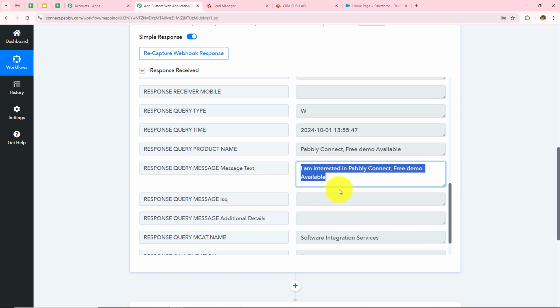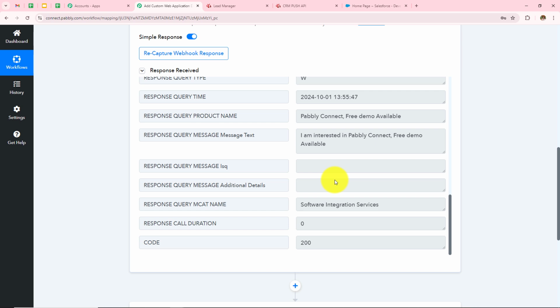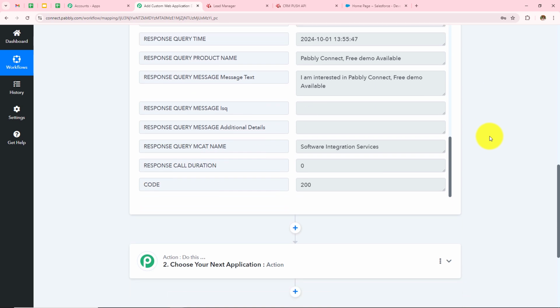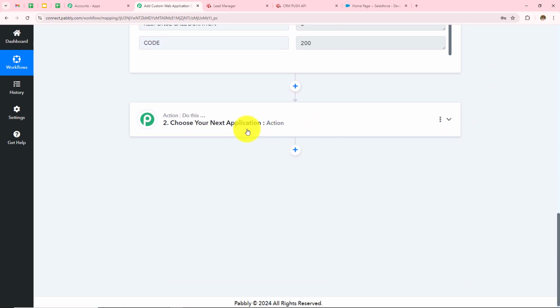So here as you can see, I have received a test response from IndiaMart because I have sent multiple queries from that same account to IndiaMart, and as I am using a test account of IndiaMart, I am not able to capture the same query. But this will not be the same in your case, as you will be using the paid account of IndiaMart, and whatever query will be sent to your IndiaMart, Pabbly Connect will capture that over here exactly as it is. So here after receiving all the responses, we can see Pabbly Connect is connected with IndiaMart, and now we have to move to the next step, which is action step.